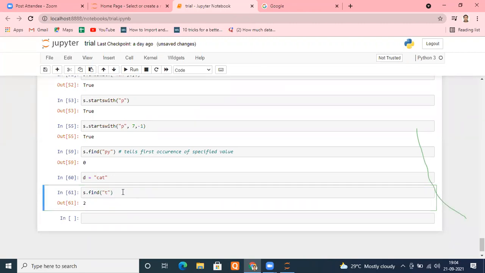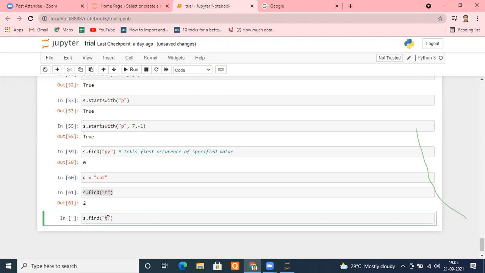So if I again run s.find and place any character which is not available, let's say X, it will return -1.